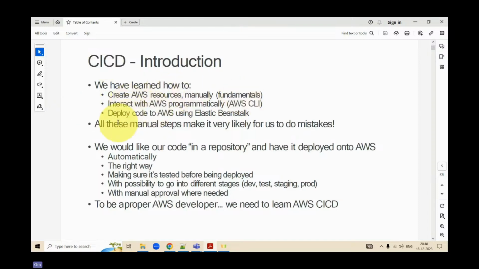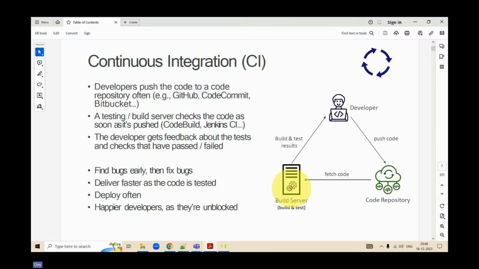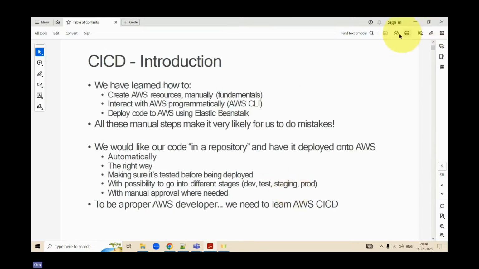We would also take care of how to create AWS resources programmatically or using a command line interface. We would be deploying code using AWS Beanstalk. We would also look at what the manual steps are. We would be taking care of our code in the repository and deploying the code automatically. We would also cover all the CI/CD rules and the principles associated with it.